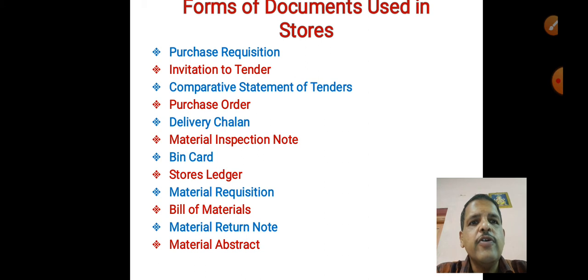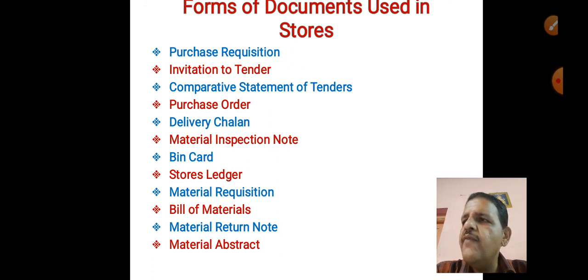The last document is the material abstract. Now friends, this material abstract is the analysis of material issued against material requisitions. This is done periodically on the basis of requisitions received.